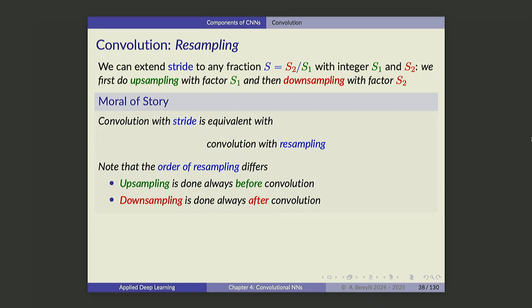So the order is important, but other than that, stride is nothing but resampling. Now, this way of looking at stride is going to help significantly when we do backpropagation on the convolutional layers, and we're going to see